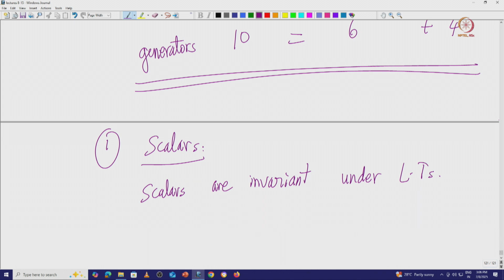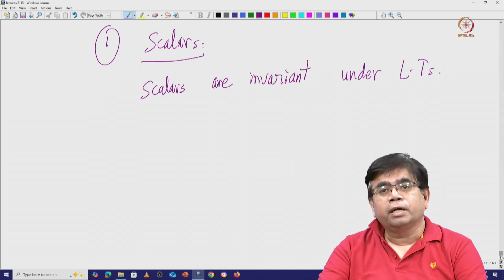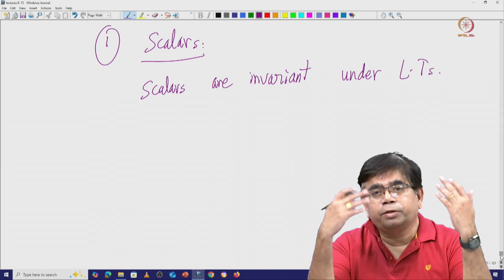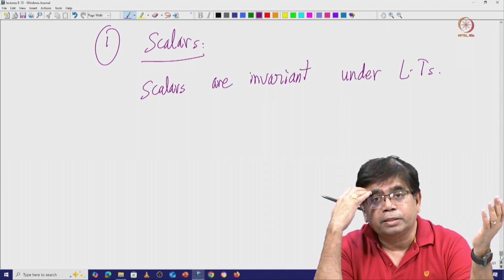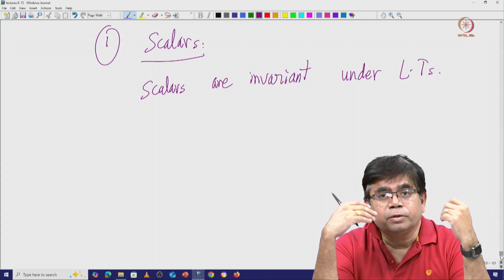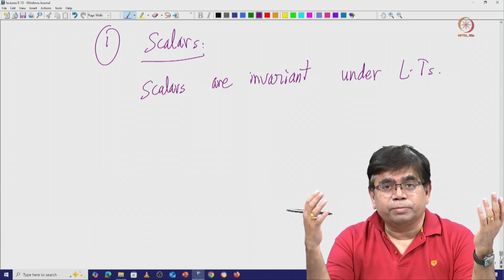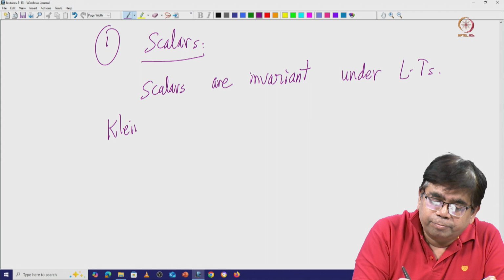So these are particles or scalar wave functions, because we are concerned more with wave functions. We won't go into the quantum field theory interpretation as of now, because we have not introduced particles and fields and so on. So we'll deal with wave functions. How does a scalar wave function transform? The scalar wave function is like the Klein-Gordon wave function which we have seen.